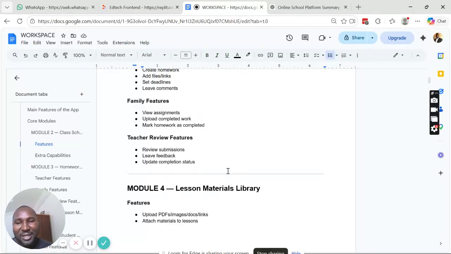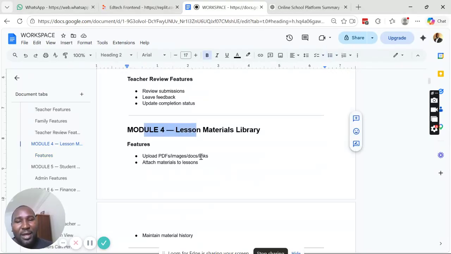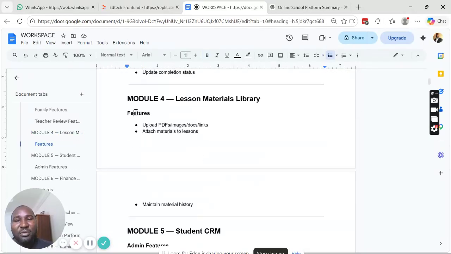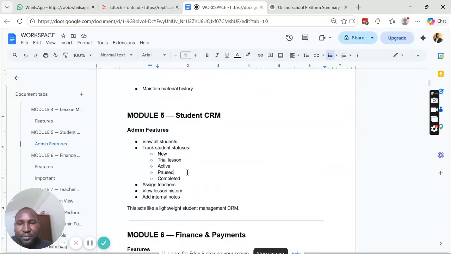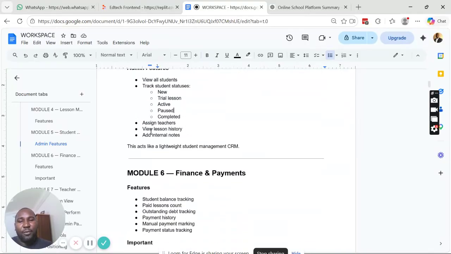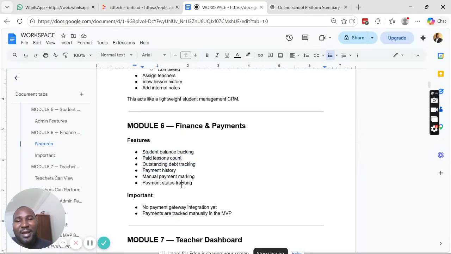with something fantastic. So you can see here we have the lessons library, which is upload PDFs and stuff like that, right? Then we have admin features, all of this. Then we have module 6, which is finance and payment. So basically, what I did, you must have noticed, is that I picked,